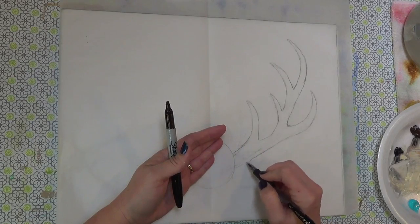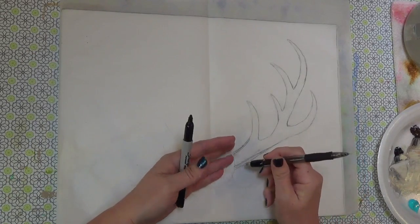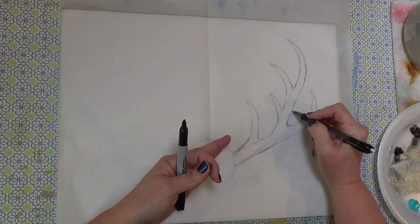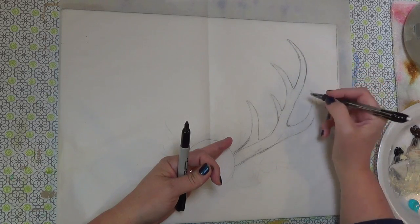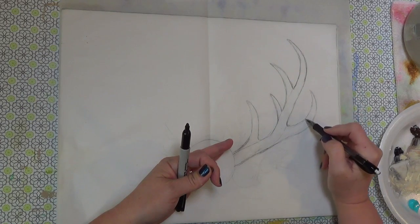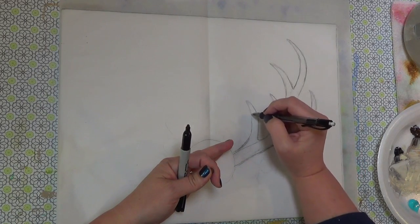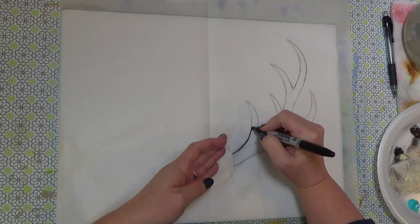So then I started out on either side of it with a large, and this may be too thick, you can thin it down a little bit maybe, but my large antler branch, and I just drew all the way up to the tip. So I drew this first line all the way up here and did a nice thin point on it, and then I just did some of these points off of that main one, and then did this one off of this side, curving back up a little bit, and then sort of played with, I kind of erased and fixed, you know, some of these borders, then did this one here like that. So I'm going to put it in Sharpie so you can see it really well, and I'll be using this